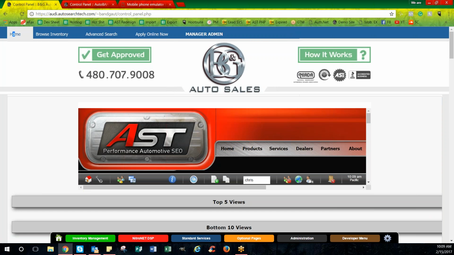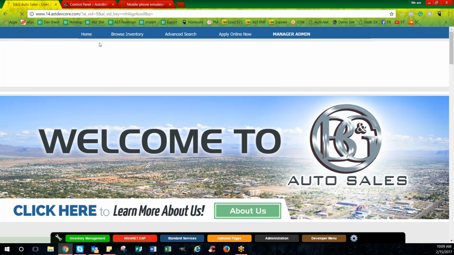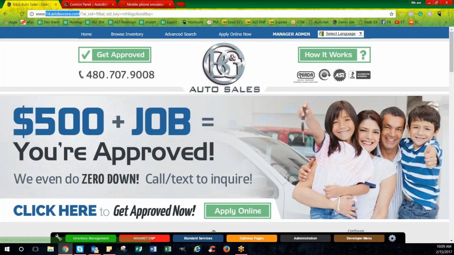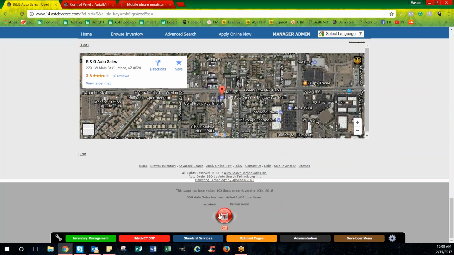Yeah, no, absolutely. We can start over here from the website that you guys are on currently. This is just your guys' staging site. This isn't going to be the site that we actually push it live to. It's going to be 14.astdevcore.com, as you can see up there at the top. From there, you go to the very bottom of this page, the very, very bottom, and you would